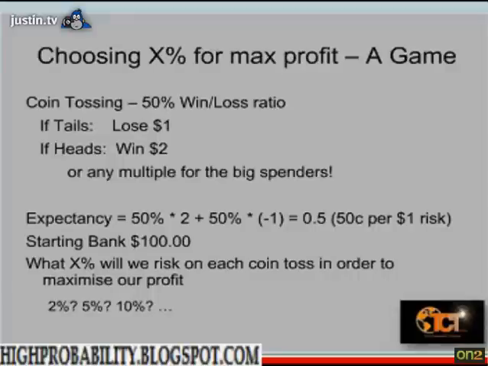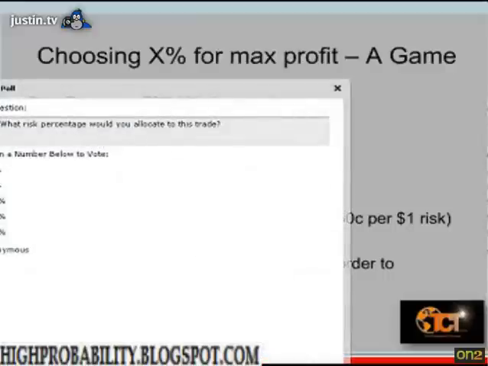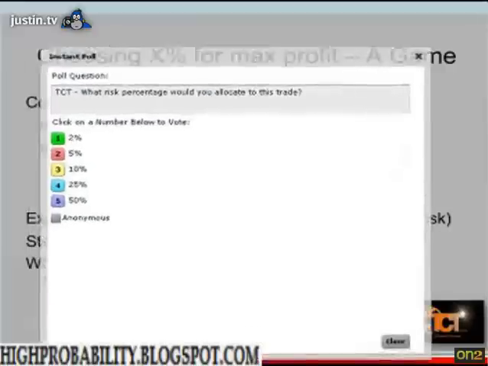Now, some of you may have done a coin tossing game of this type in the past, but I'll just throw up a poll on the screen for people to have a guess at what the optimum percentage is, which gives the best gross performance out of this coin tossing game. The poll indicates if you throw 2% of your account at it, 5, 10, 25, 50, etc., which of those will give the maximum.